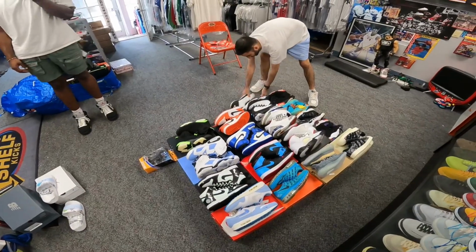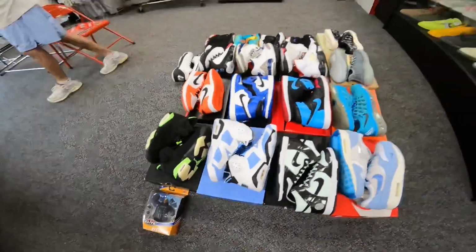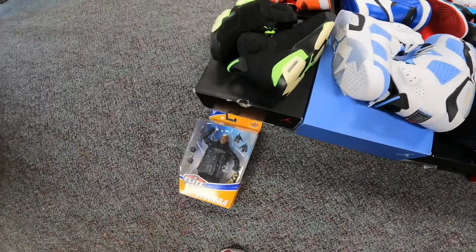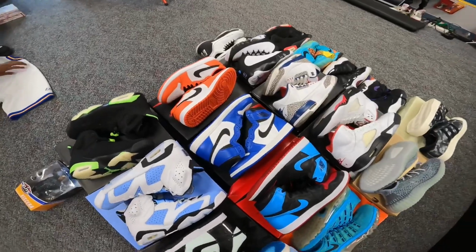All right, today is Friday. We are in here packing up all this stuff. This is what sold from the night before, pretty much. I believe all these sales were from yesterday, which is pretty cool. Here we got the Viscera toy. Got some used UNC 6s, brand new electric greens, brand new Game Royals, which I was just saying, great shoe,